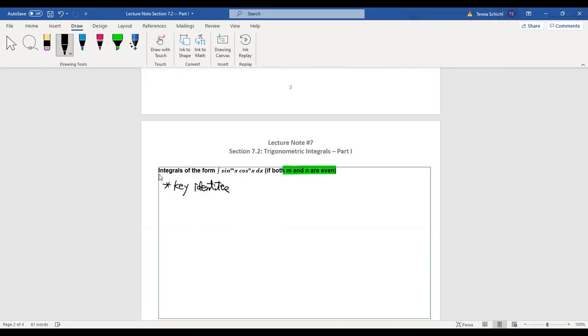Okay, so the key identities: if one of the powers is odd, we use the Pythagorean identities. If they are even, we need to use either the double angle or half angle formulas. So here we have sine squared x equals 1/2 times 1 minus cosine 2x,